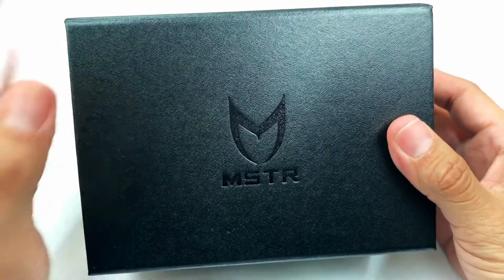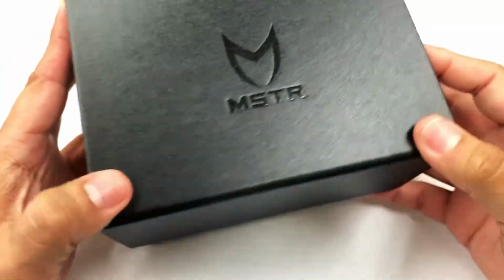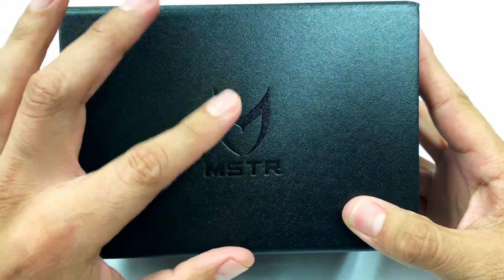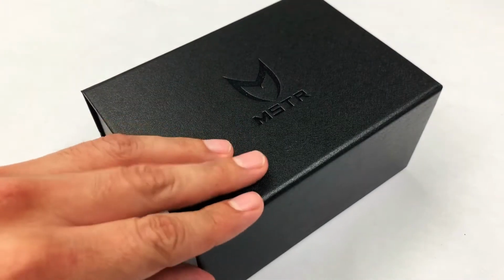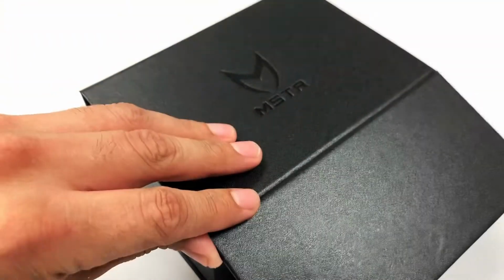Okay, so before we break down the details of the watch, let's examine the box. The box is really sturdy, definitely structured very well. You see this big M with the MSTR under it. It is embossed, it feels really smooth. Another great detail that I love about the box is the magnet feature. Once you open it, it reveals the watch, but once you close it, it snaps in and